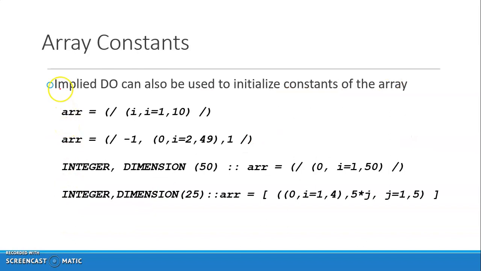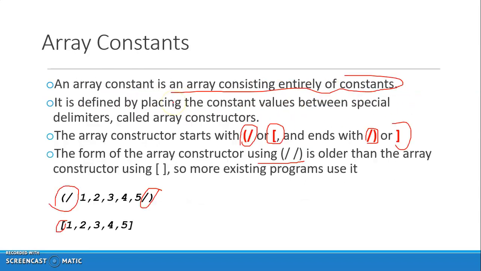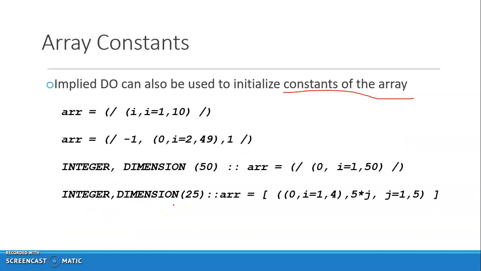With array constants, there's an implied do that can be used to initialize all the constants of that array, instead of specifying them one by one. Here we have said this array will have values 1, 2, 3 up to 5 as actual values. You can use a special do statement, which